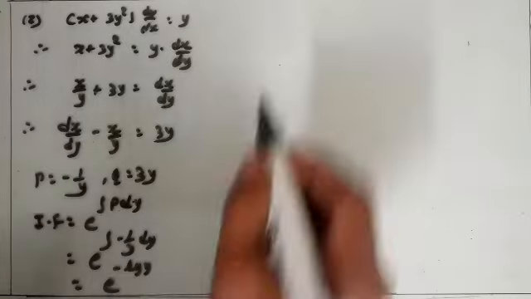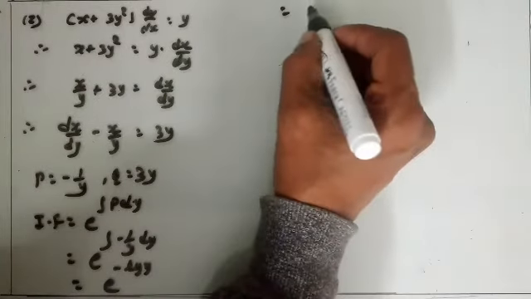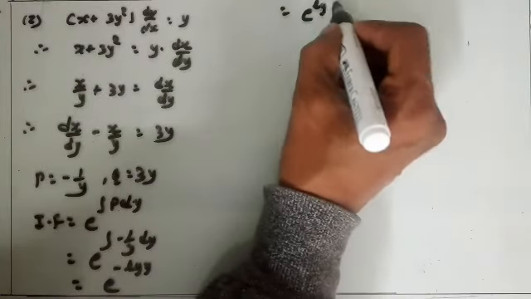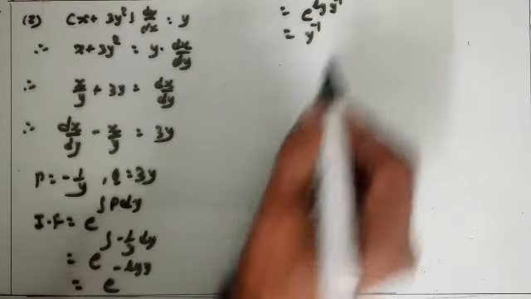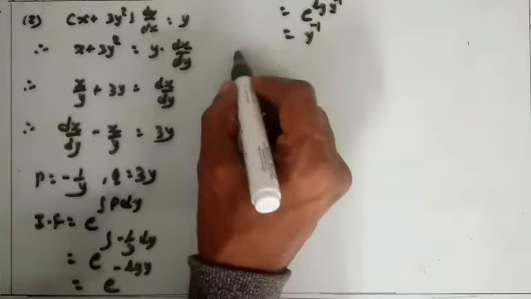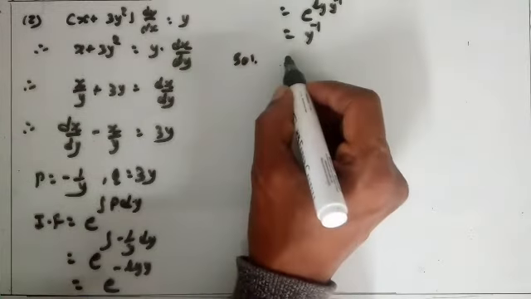Write in power form, so e raised to log y raised to minus 1 is equal to y raised to minus 1. So the solution becomes,